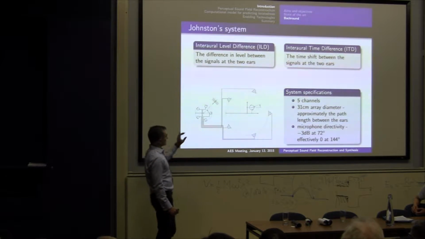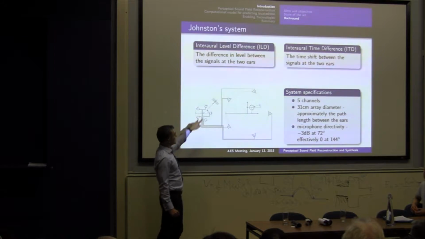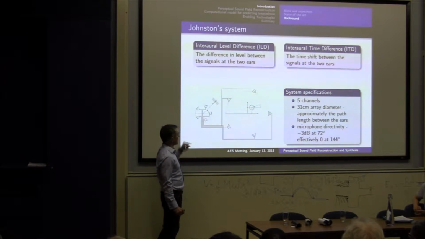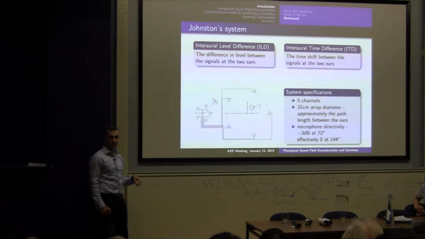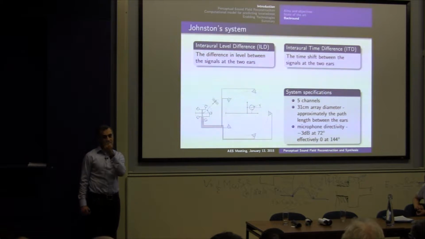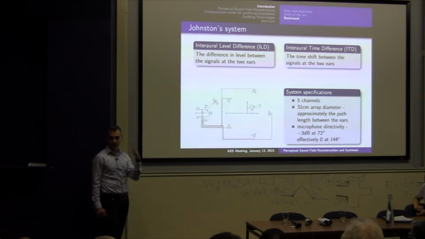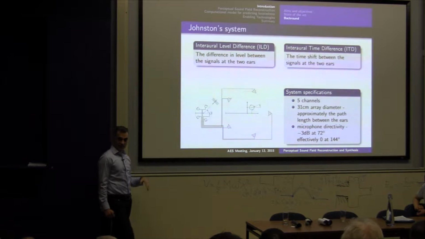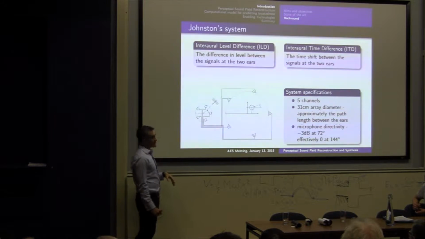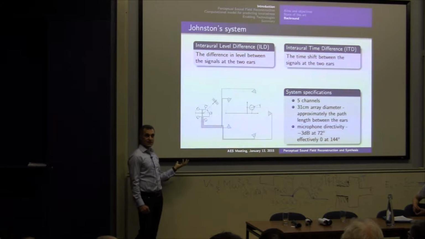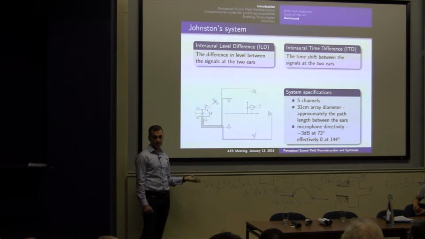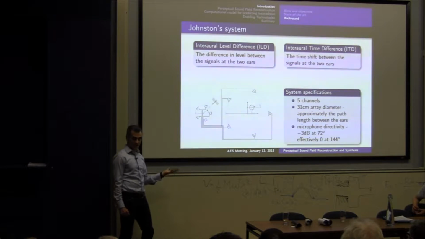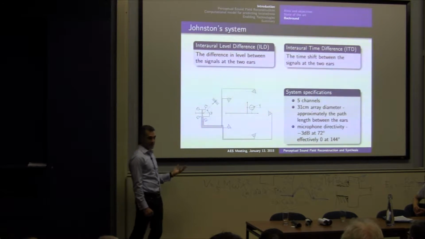He said that what was critical is to have the diameter of the array be 31 centimeters, which is the distance the sound travels from one ear to the other ear around the human head. So the diameter is actually larger than the diameter of the human head. In that way, he said, what this design aims to capture is the interaural time and level differences that a listener would experience at the performance, at the venue of this acoustic event.